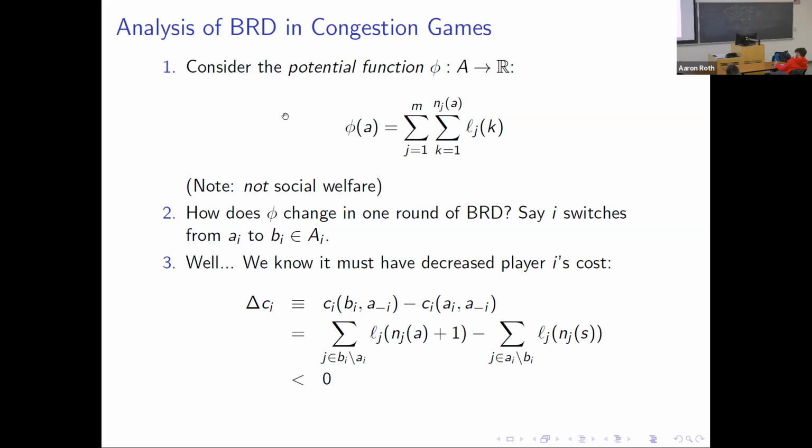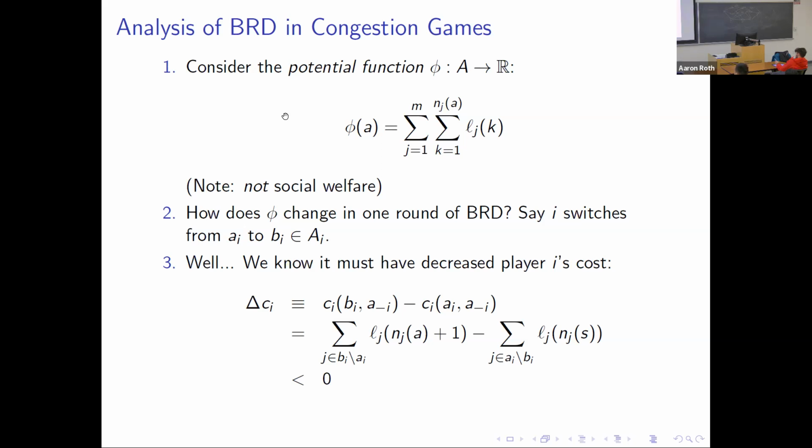So we know that the change in player I's cost, the difference in player I's cost after they make their switch from AI to BI compared to before they make their switch, that difference is going to be negative, because that's the one thing we know about better response dynamics. Players decrease their cost. And so what is that change in cost going to be? Well, remember what a cost function looks like for a player in a congestion game. It's the sum over all of the facilities that they play on of the cost of that facility given the number of players that are also playing on it. And so